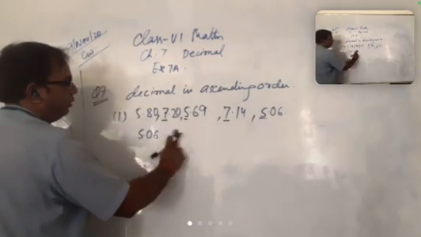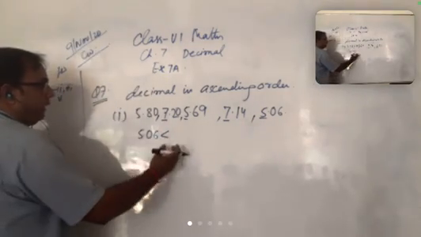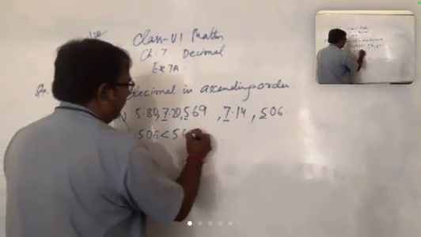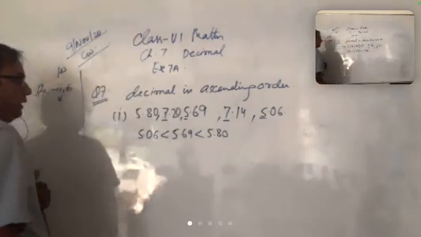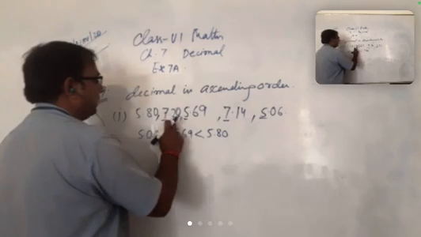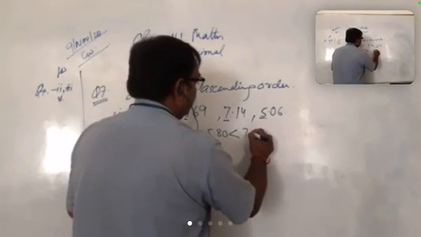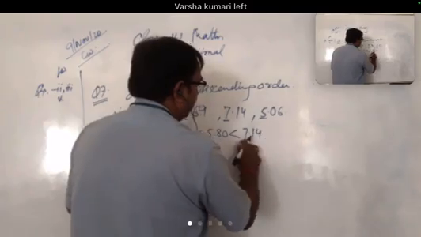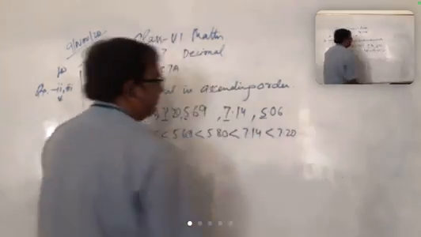This you have to use the sign. Don't write ascending or descending. Now the next is 5.69. Now the next is 5.80. Now all 5 digits is finished now. And there is two number left. One is 7.20 and 7.14. So we know that 14 is smaller than 20. So it's 7.14. Then the last number is 7.20. Clear?